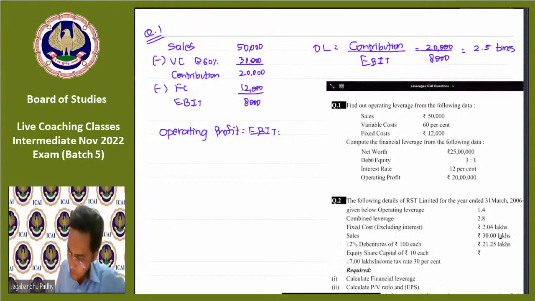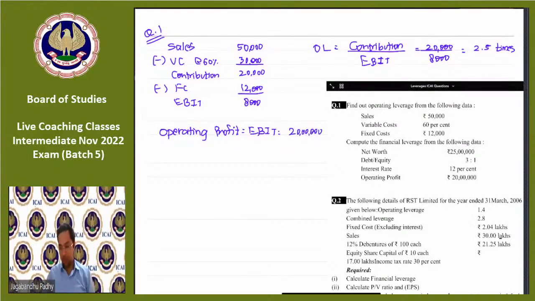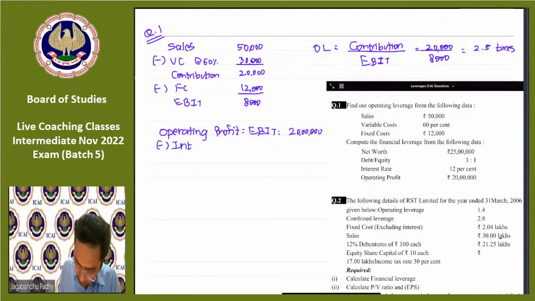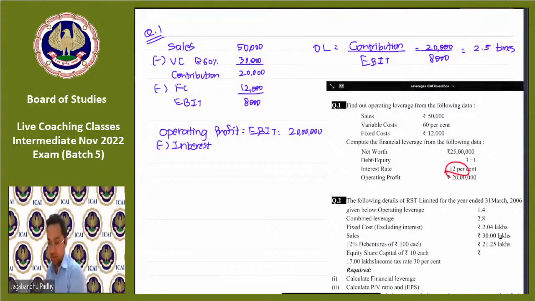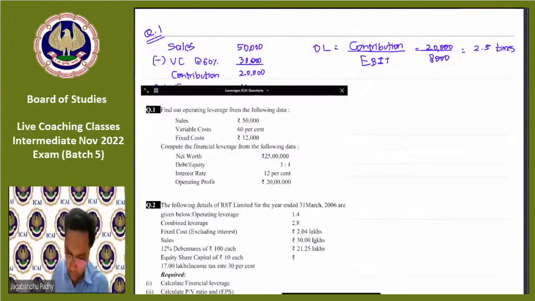Earnings before interest and taxes, 20 lakh. Operating profit or EBIT stands as 20 lakh. From that 20 lakh, we need to subtract the interest. Now, interest rate is given as 12%, but sir, we don't know what is the amount of debt, right? So let's first compute the amount of debt by using this debt equity formula,